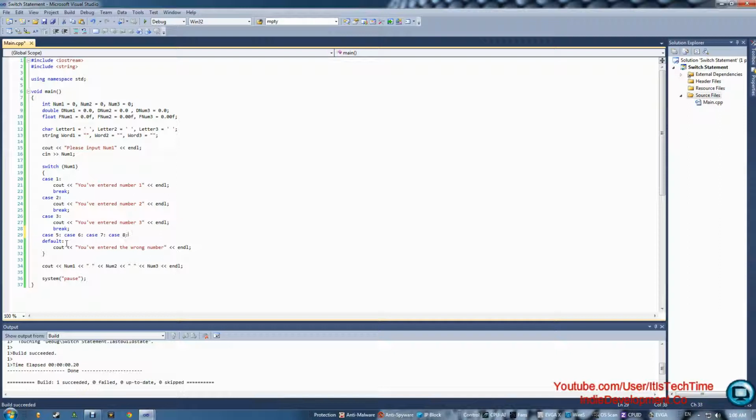Case 8, case 9, case 10, and list them one by the other. That's why cases are not exactly the best thing to do, but they do the job better than if statements in some cases. So in case it's any of them, then you type your code right here, which is cout